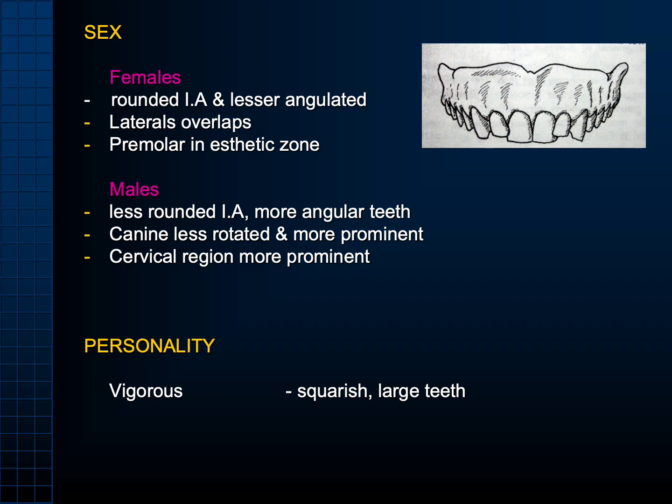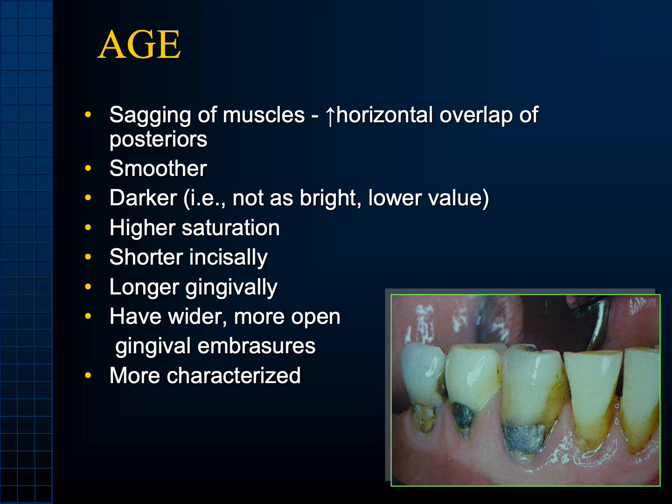When we move on to the second trait which was used, that was the personality, he divided people into two categories as vigorous and timid personality. Now, vigorous personality had